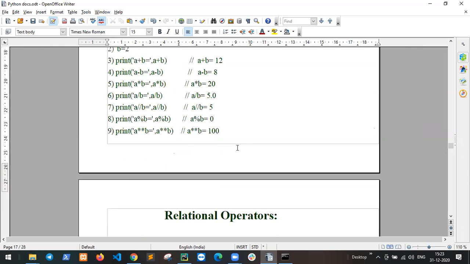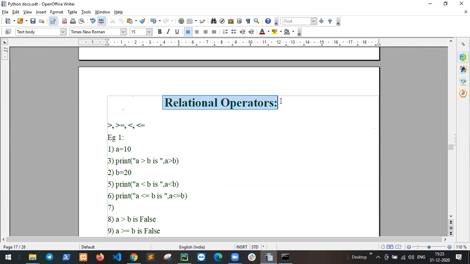Second is relational operators. So, relational operators. What is relational? What do you mean relational? Can you explain? Relationals between two operators, two mathematical operations.